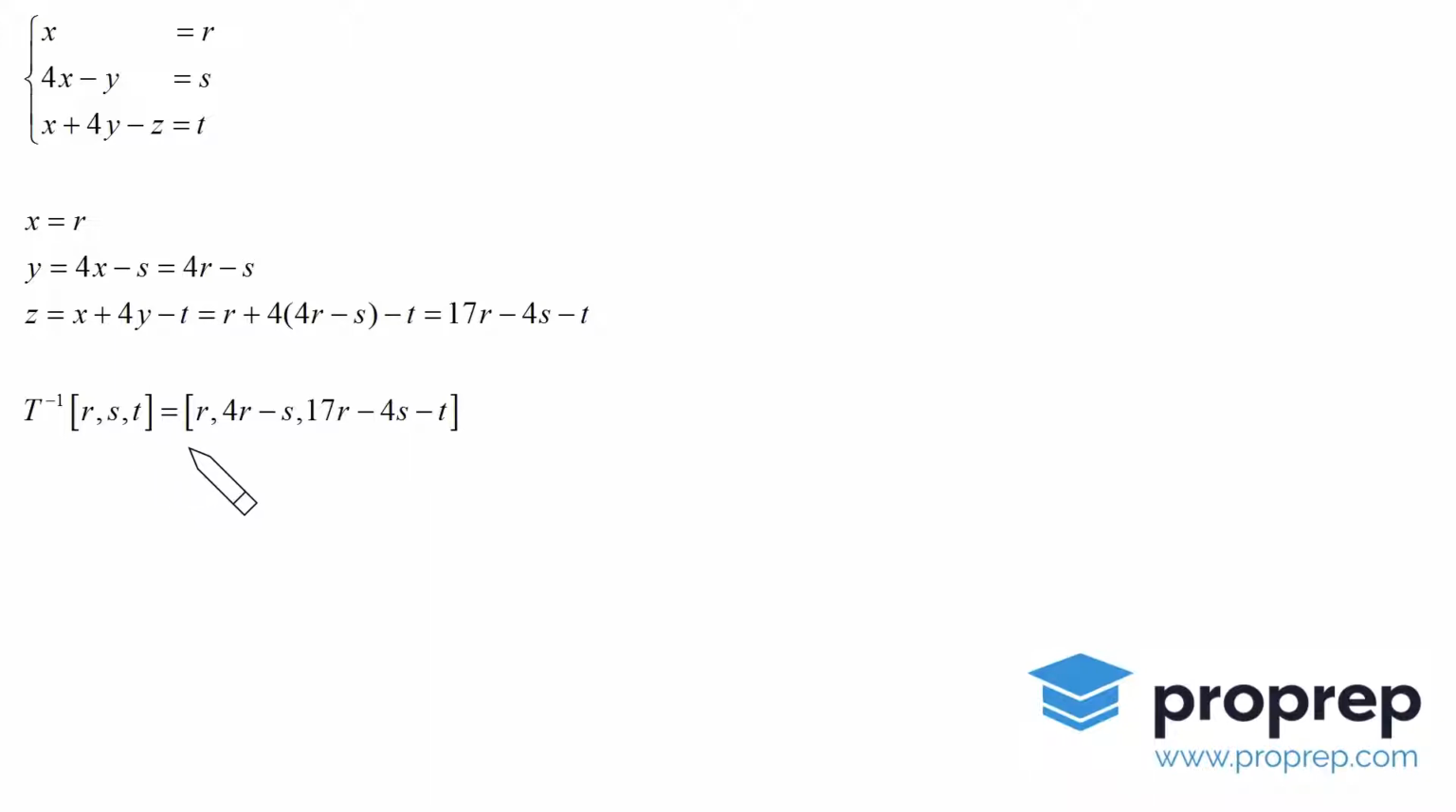But now we can change the letters that we use. We don't need r, s, and t anymore. We can go back to x, y, z, and just dummy variables, but it's customary to use x, y, z where possible. And r, s, t was an intermediate phase. Okay, so now we have T inverse,